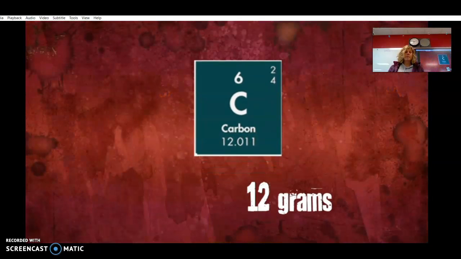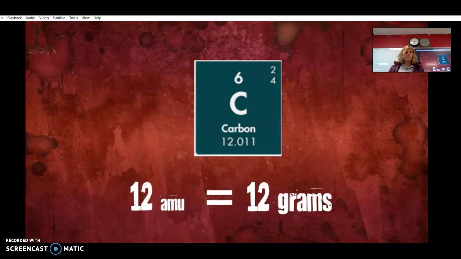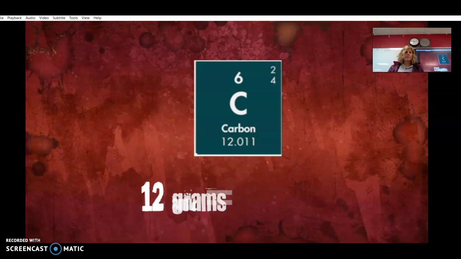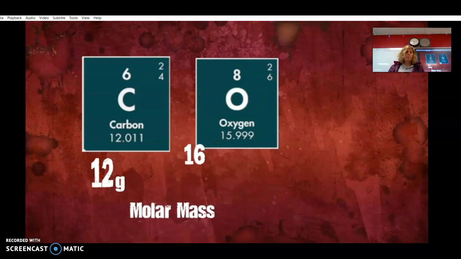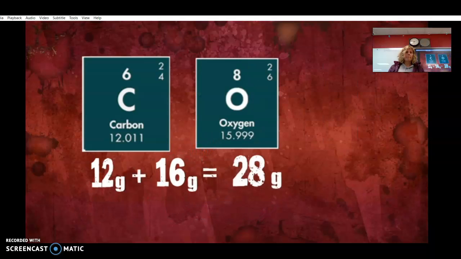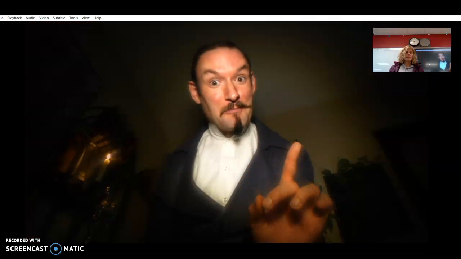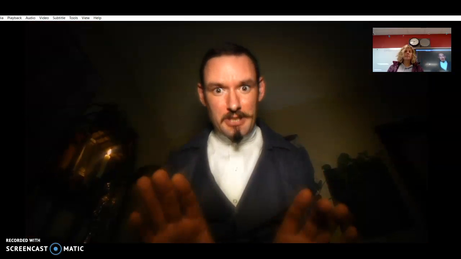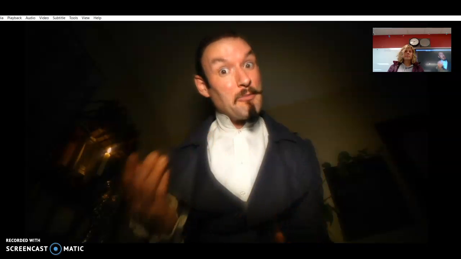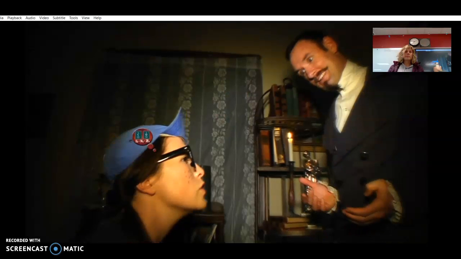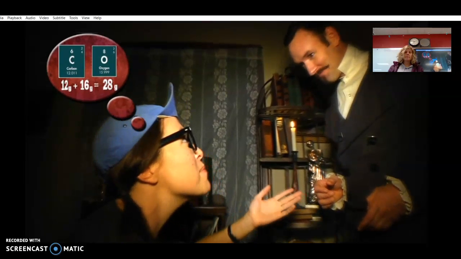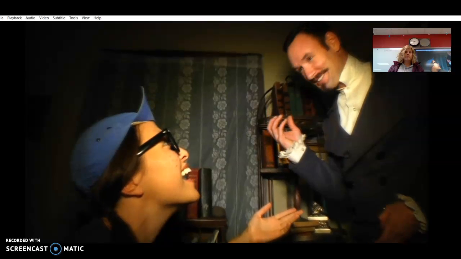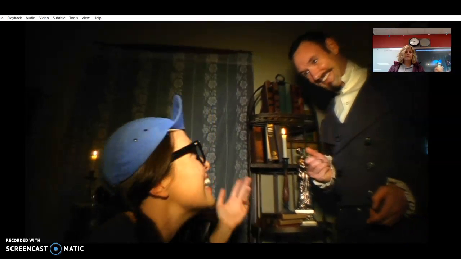How do you get that mass? By converting the atomic mass of carbon, 12 AMU, to grams. The mass of a mole of an element or compound is called its molar mass. For compounds, you can calculate molar mass from the atomic masses of the elements in the compound. For example, what's the atomic mass of oxygen? 16 AMU. So, what's the molar mass of carbon monoxide? 28? And so that's 1 mole of carbon monoxide, right? Esattamente, signorina. Hey, I think I get it.